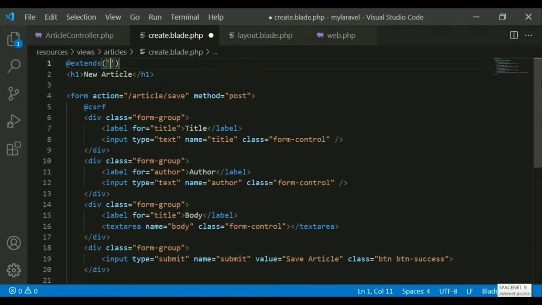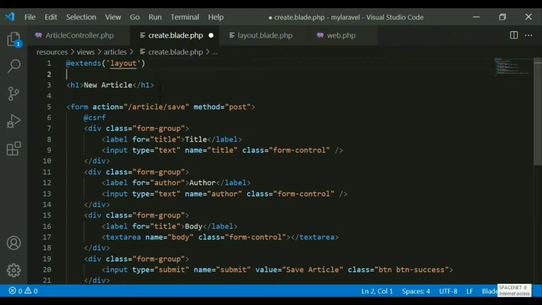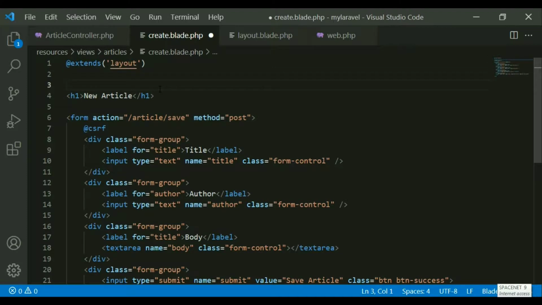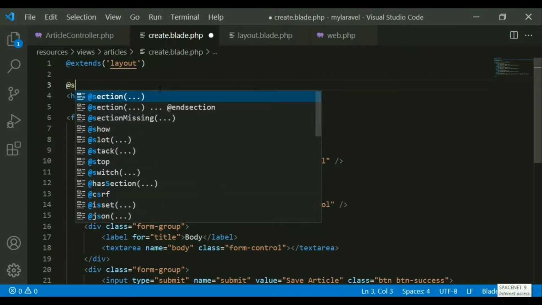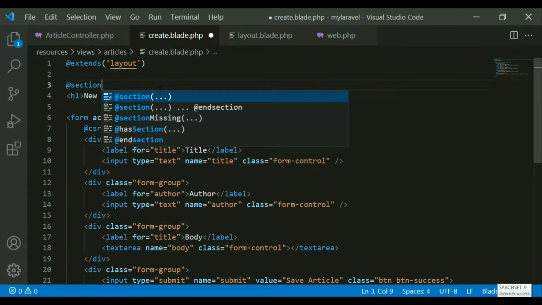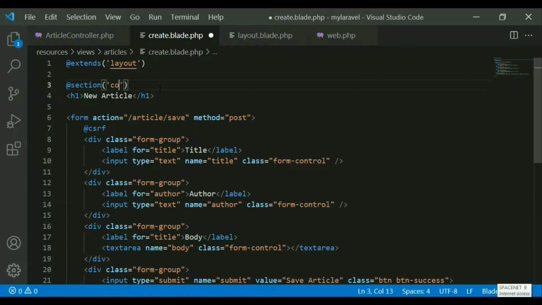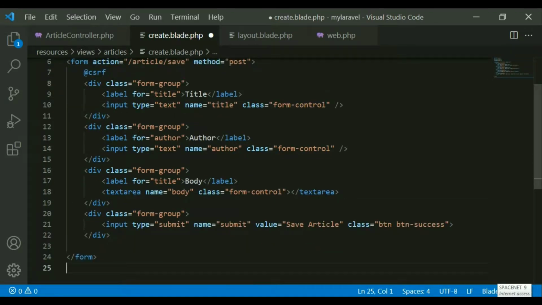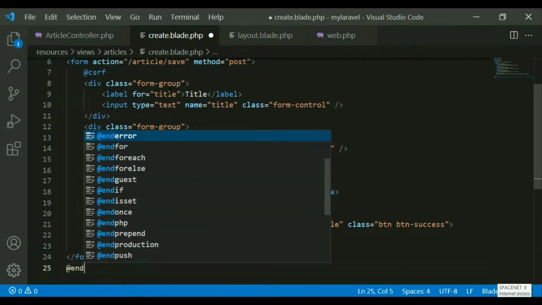And here you just write extends layout, that means I am going to use this particular layout file. Then you have to write section, section content. Okay, this is the section I have started, and inside the section I want to display my form, and end section.